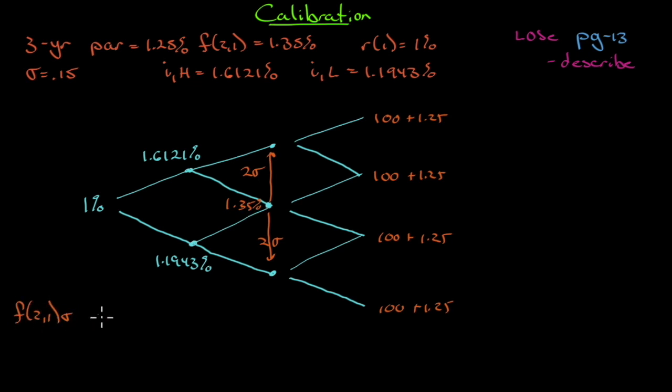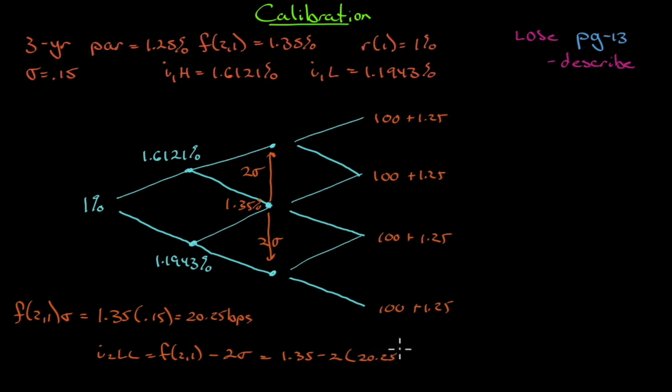F21 times sigma will give us 1.35 times 0.15 is 20.25 basis points. So if I want to know what I2 low is, which is this rate down here, it will be my forward rate, F21, minus 2 standard deviations, which will give me 1.35 minus 2 times 20.25 BPS, and that'll give me